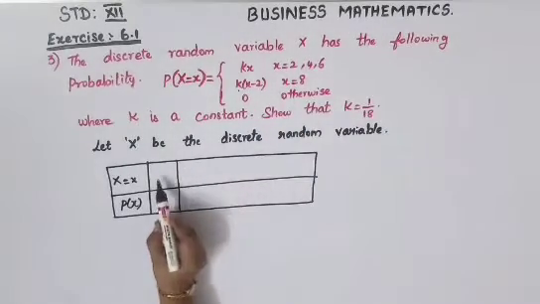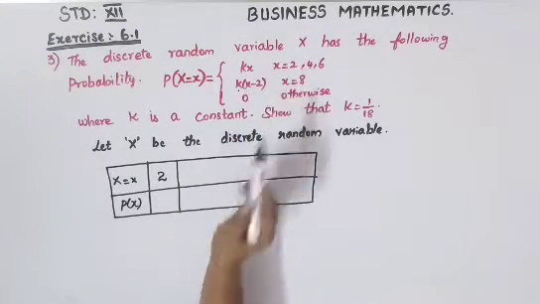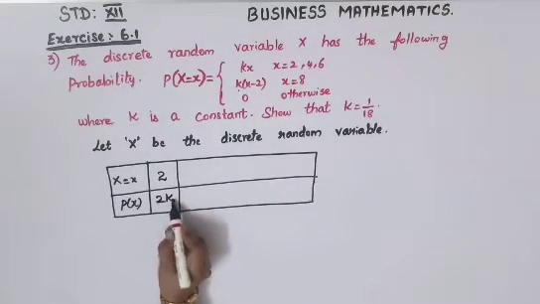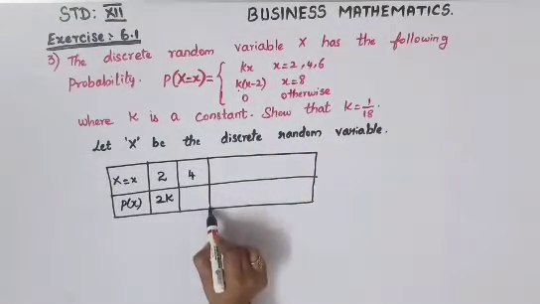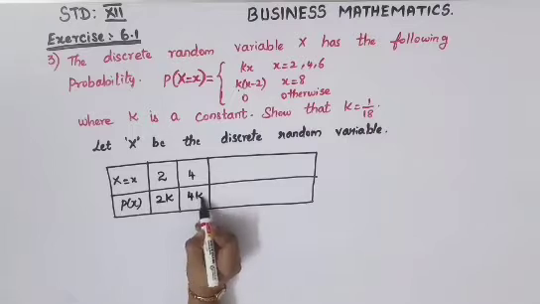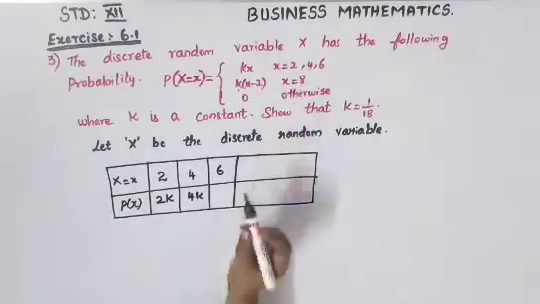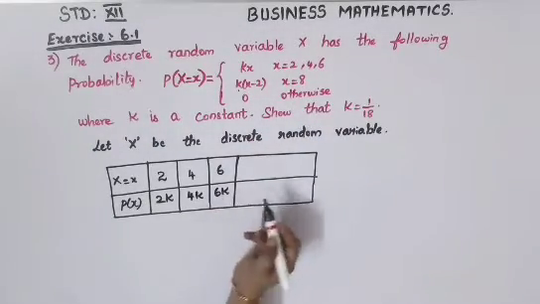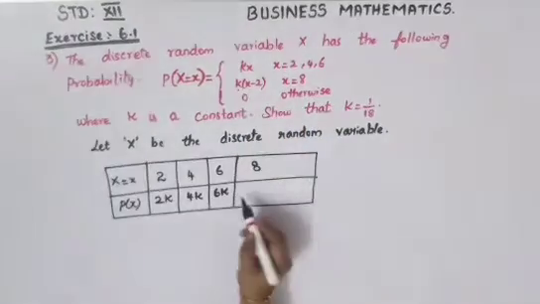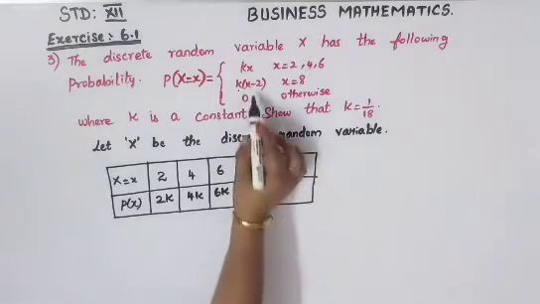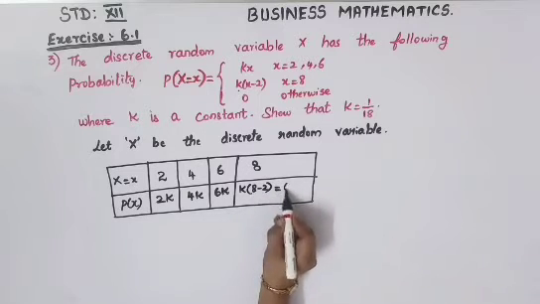Okay. So when x is equal to 2, your P of x, it is given kx. So put your 2 here, so it will become 2k. The next value is 4, so substitute your 4 in the place of x in kx. So you'll get 4k. Next is 6 is given, so again in the same condition, 6k you will get. But the next condition is 8, so 8 means you will have to go to the second condition. They have given k into x minus 2. So you will get 8 minus 2, which is equal to 6, so 6k.